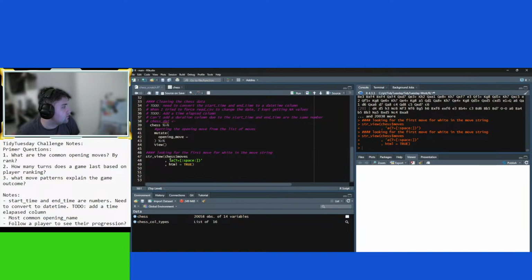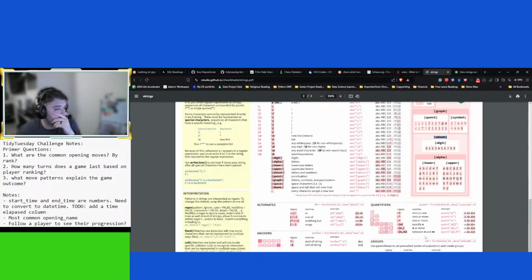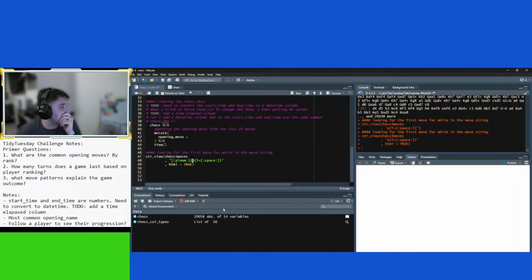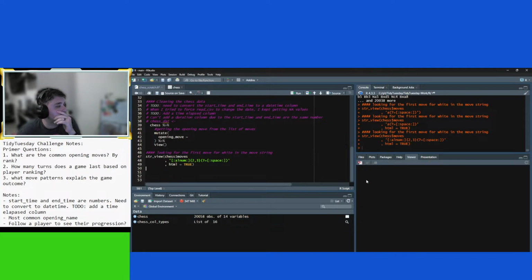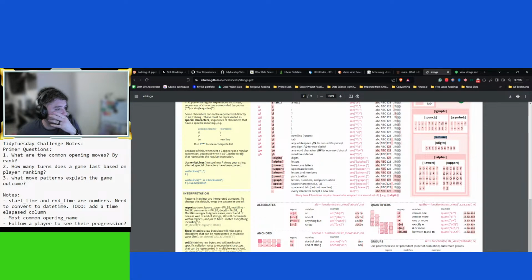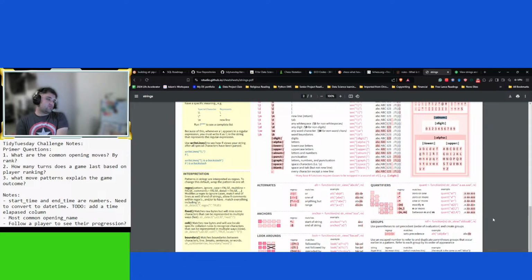Copy. Between 2 and 3. The start of the string.